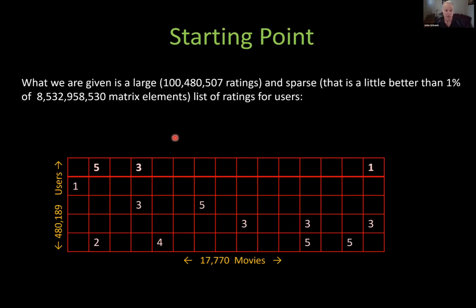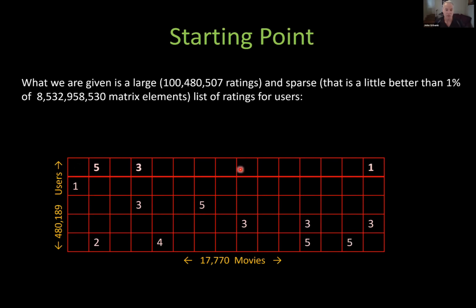So essentially what we're given, if we start to organize this data here, is a very sparse number of ratings for all the potential movie user combinations. In other words, if we have, which we have in the Netflix case, 480,000 users, and 17,000 plus movies, and we plotted out all the data points we're given, this is what it would look like for all the users versus all the movies.